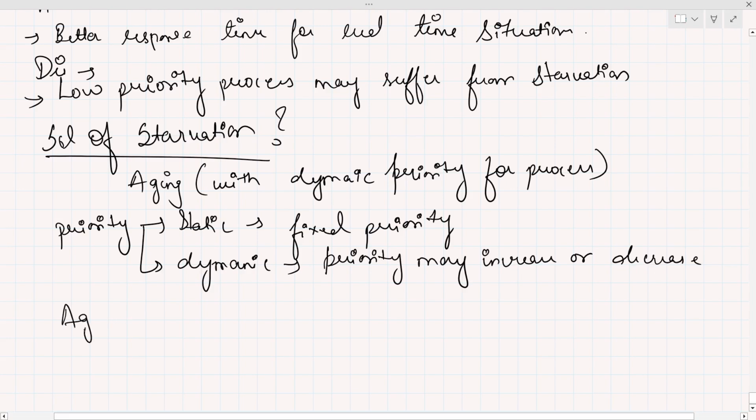Now, if I have to define aging, what is aging? Aging is a technique where if a process waits for a predefined time, then its priority is increased by 1. This is what happens basically in aging. Priority is increased by 1. So if a process waits,